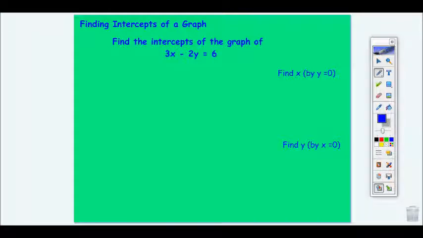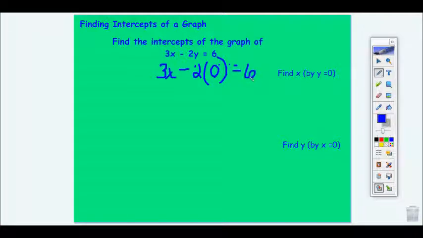So, if I have an equation now, how does this work? We're going to find the intercepts of the graph of 3x minus 2y equals 6. Because we're just finding the quick way with the intercepts, we do not have to put it into function form. We can simply substitute in. To find x, I'm going to put y in as 0. So, I would have 3x minus 2 times 0